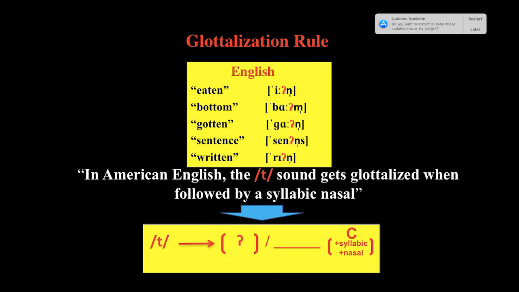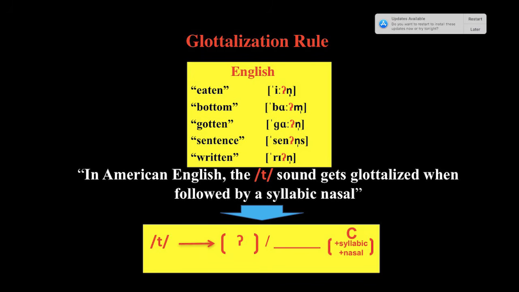We say it's syllabic because you will notice that the nasals n or m seem to be preceded by a schwa. But that's not a schwa, it's just a syllabic nasal. So whenever the sound is followed by a syllabic nasal, the t is pronounced as a glottal stop. So eaten, bottom. How can we change this glottalization rule into phonological rule notation? We simply write t becomes glottal stop